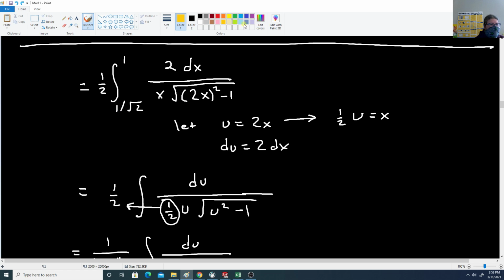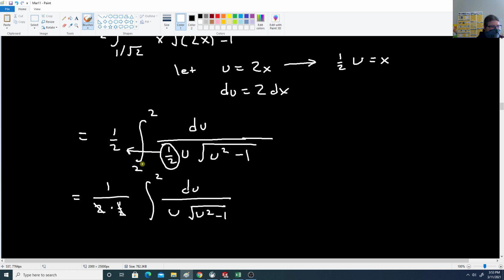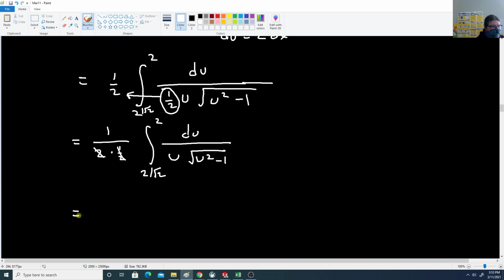To get my new limits, I'm going to say, all right, if I put 1 in for x here, I get a new upper limit of 2. If I put 1 over square root of 2 in for x, I get 2 over square root of 2 for my lower limit. So when I do this, I get arcsecant of u evaluated from 2 over square root of 2 up to 2. This will be arcsecant of 2